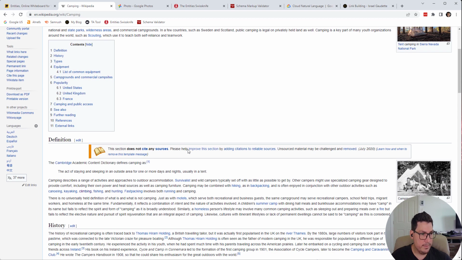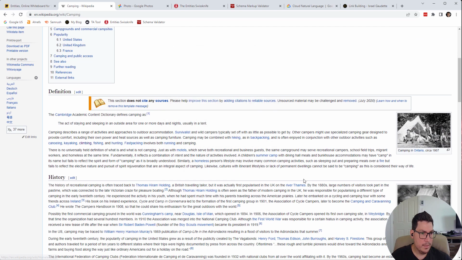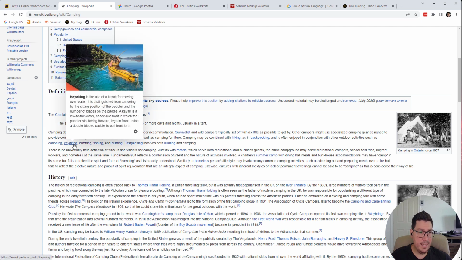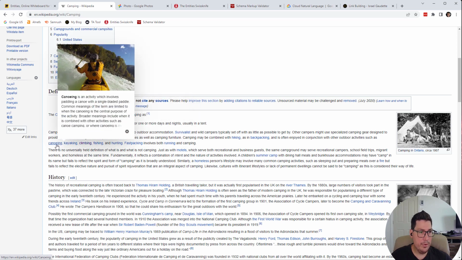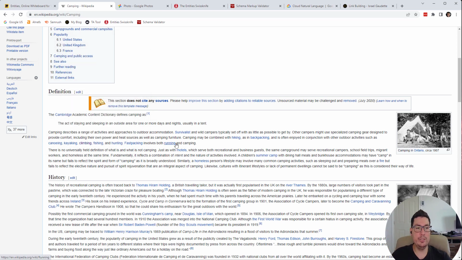Then I could have kayaking, canoeing, which could be subtopics to camping, but it could be better to add those in a website that is more about outdoor. So the main topic would be outdoor, and then you could have subtopics like canoeing, kayaking, climbing, fishing, hunting. Those would be really great subtopics